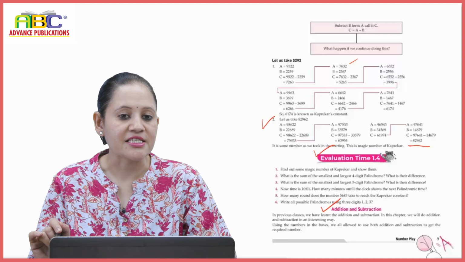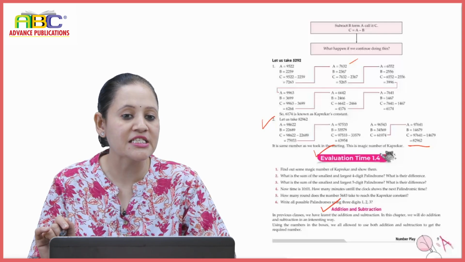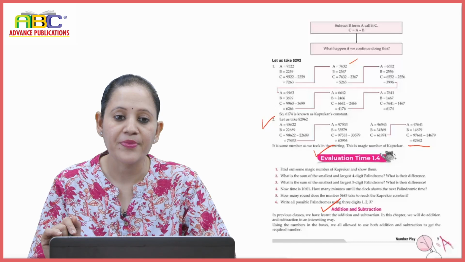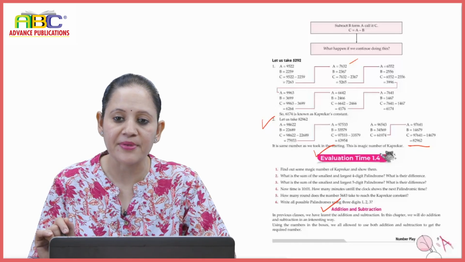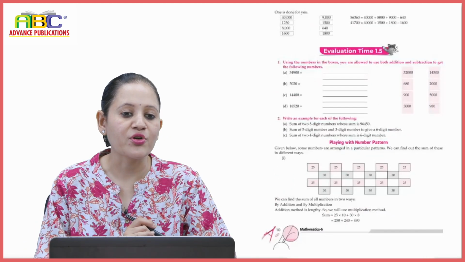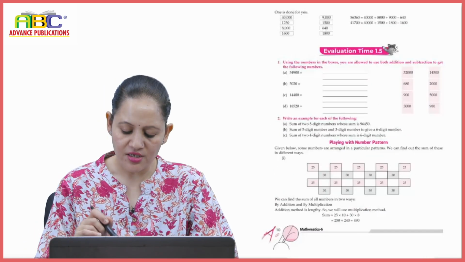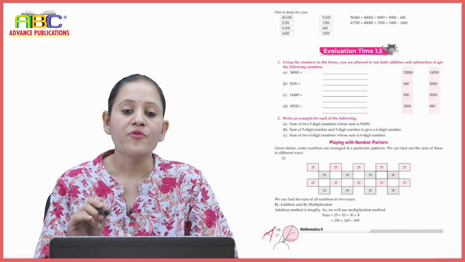In the previous classes, we have learned addition and subtraction. In this chapter, we will do addition and subtraction in an interesting way. Using the numbers in the boxes, we are allowed to use both addition and subtraction to get the required number. One has been done for you. So here, these numbers are given to us. Now, we have to get